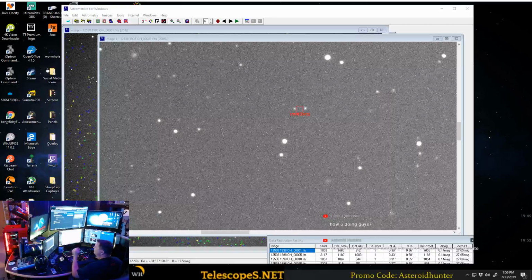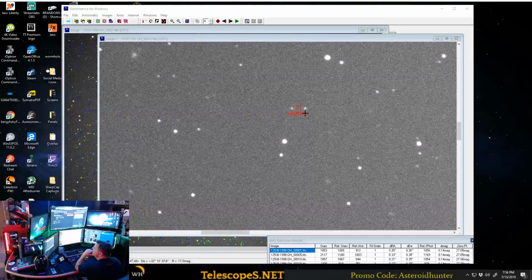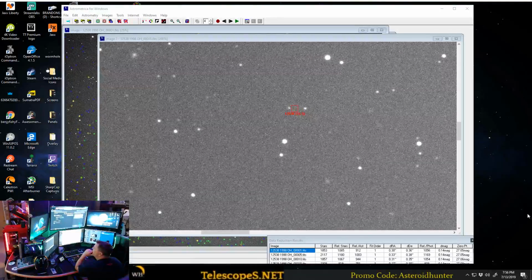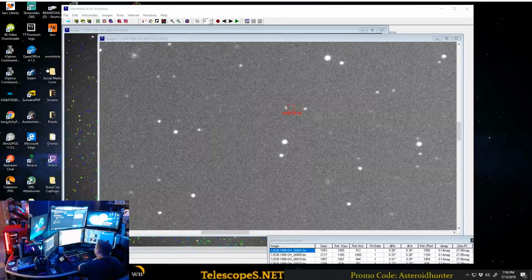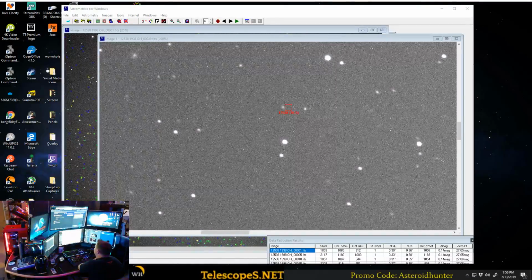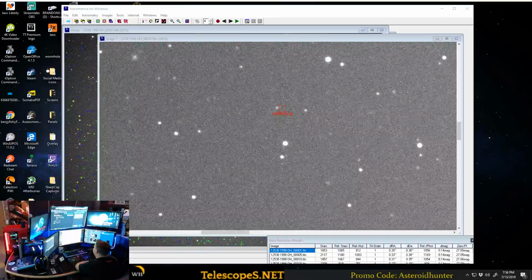And we are looking at Asteroid 1998 OH. So I've been taking some images of this over the last few weeks for the Minor Planet Center, sending data in, and just kind of tracking this thing. So I wanted to show you guys. I get a lot of questions on how to do this stuff, so I want to show you guys